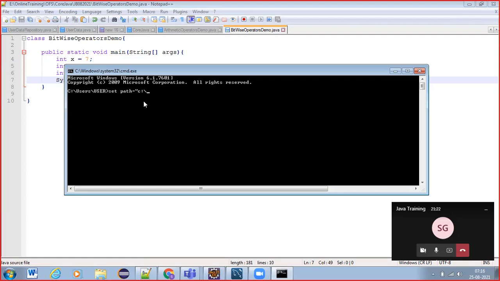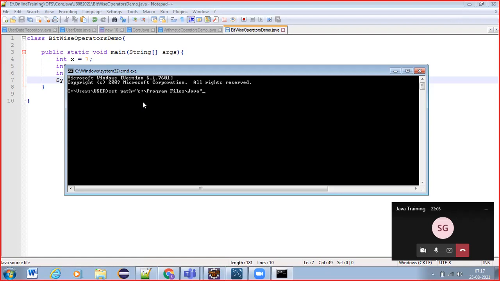Java compiler. Where do we have the Java compiler on our machine? In which folder? We should remember, guys. Program files. After that, in program files, what do we have?